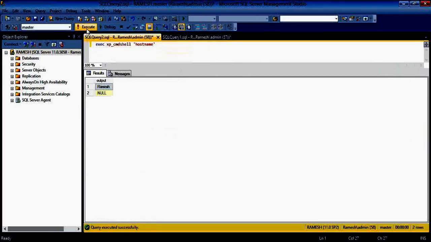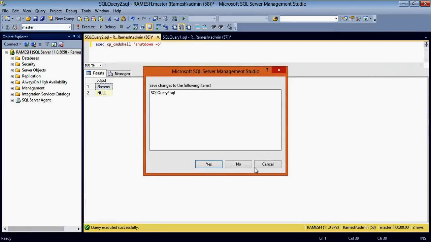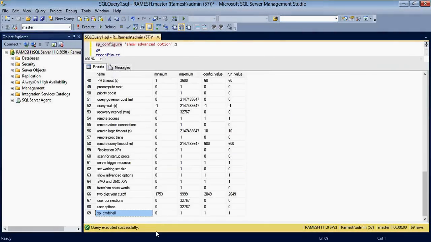It is as simple as running all the DOS commands from your SQL Server window by enabling it. If you write shutdown -o, and if I execute it, your complete operating system will be shut down. That's the reason you should not allow it.